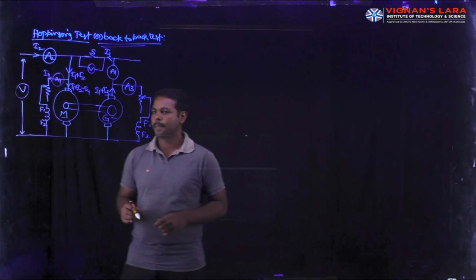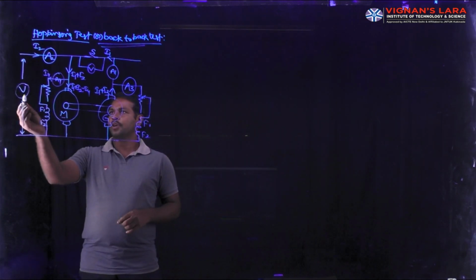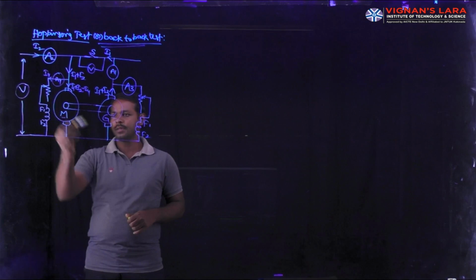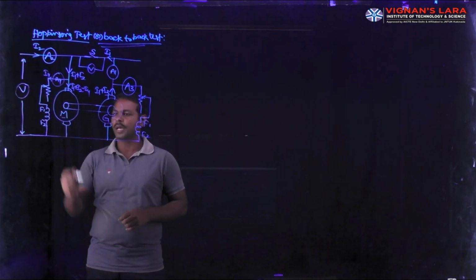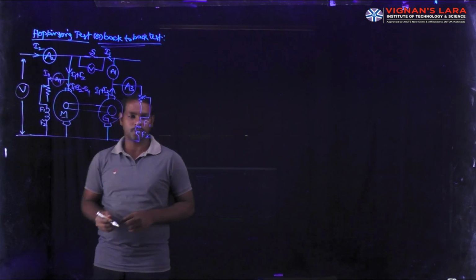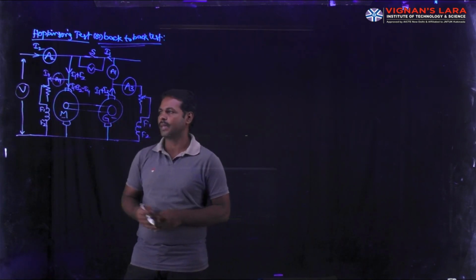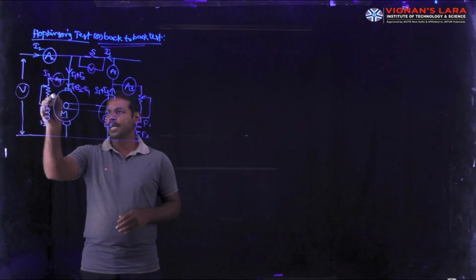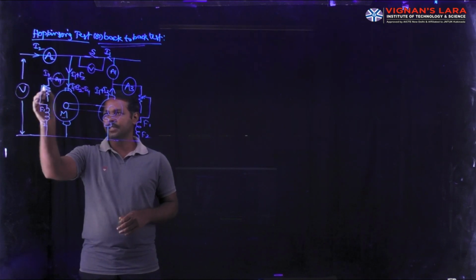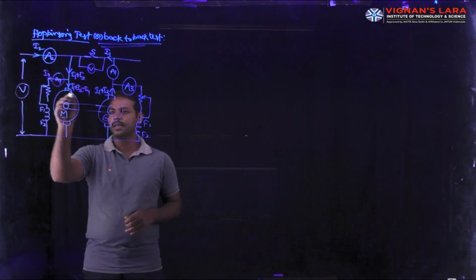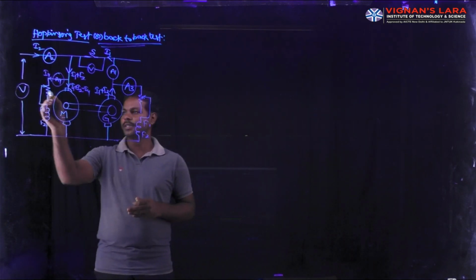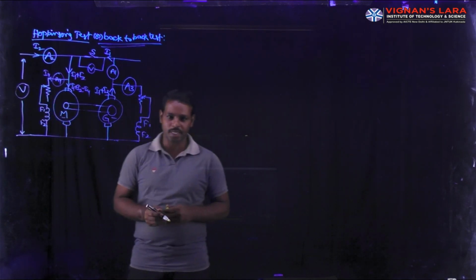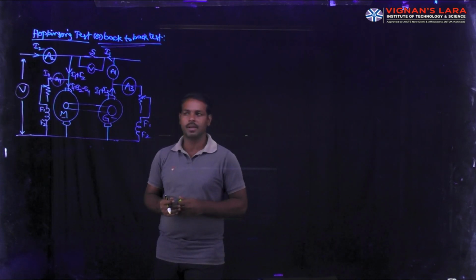First of all, the supply voltage is directly given to the motor, which is operated. The armature starts rotating, and back EMF is also developed. By varying the field rheostat, the motor speed comes to the rated speed. With the help of the field rheostat, the motor operates at rated speed.